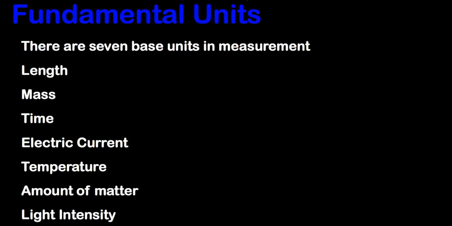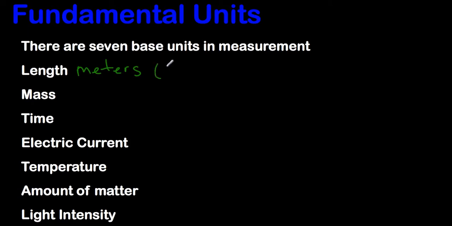This recording deals with the 7 base units used for measurement, deriving new units, and then converting between these units. And we're going to start with just simply defining the 7 base units. Length, our first unit, is just simply the distance between 2 points. Now, the unit for this is meters,